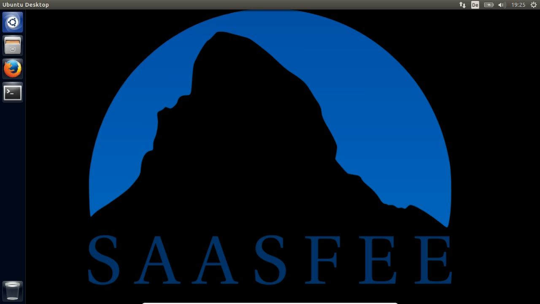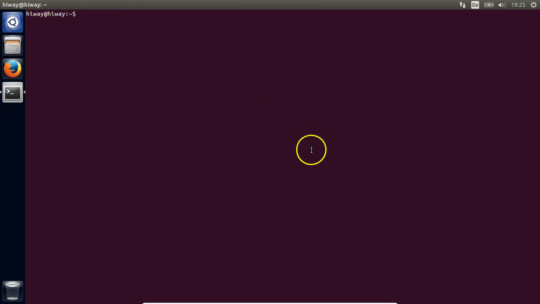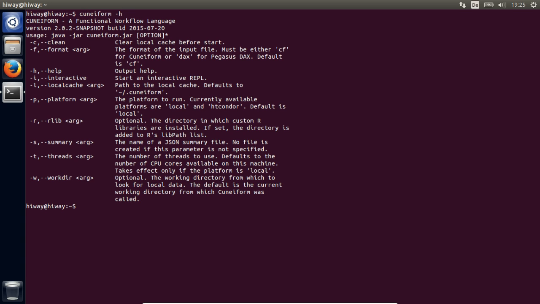We will have a look at tools for creating and running Cuneiform workflows locally, including an interactive command line interface and an editor with visualization and debugging functionality. So let's dive right into it by starting a new terminal window. On the command line, we can enter cuneiform -h to get an overview over the options available for running the local